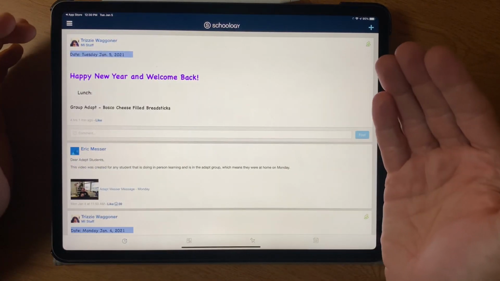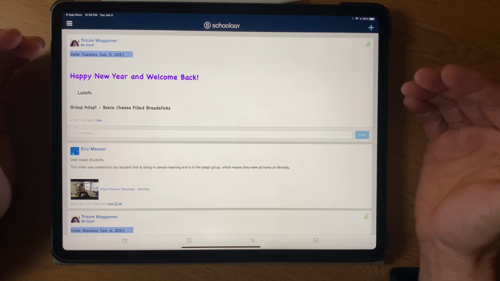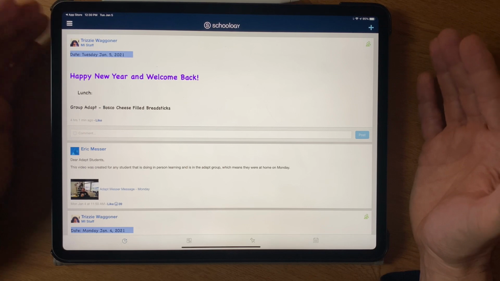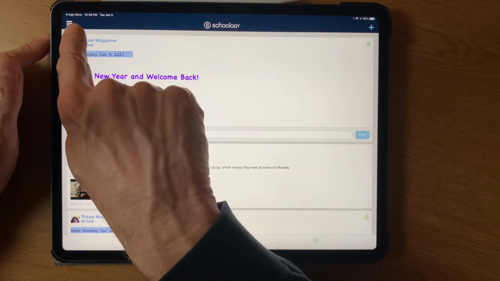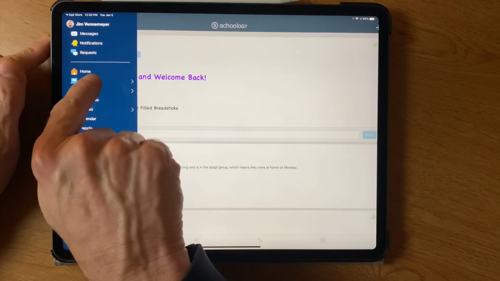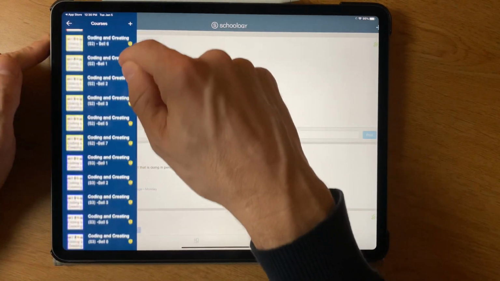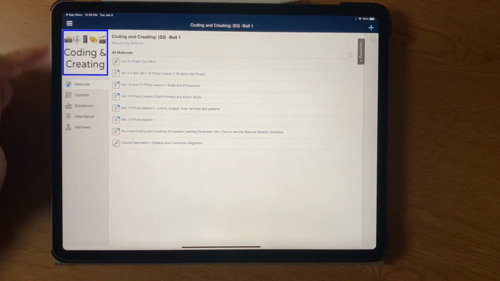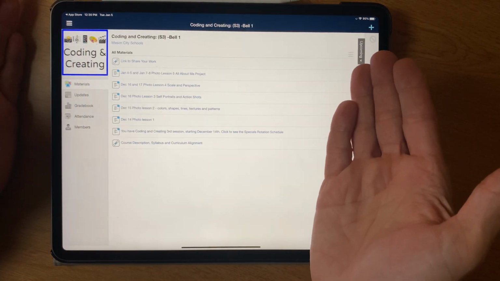Now I've already logged into the application, but if you're ever logging into Schoology, you use the option to sign in through your school and then take the option to sign in with Google and it should let you right in. Right up here in the upper left on the iPad app, you click on those three dots and you can go to courses and then you can see any classes that you're registered for. Here I'm going to go to session 3 bell 1